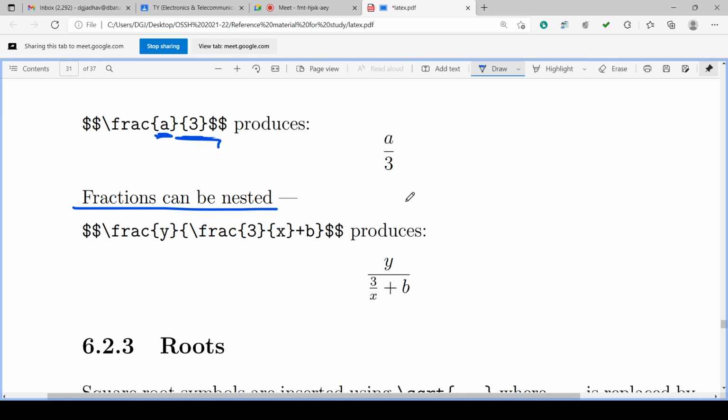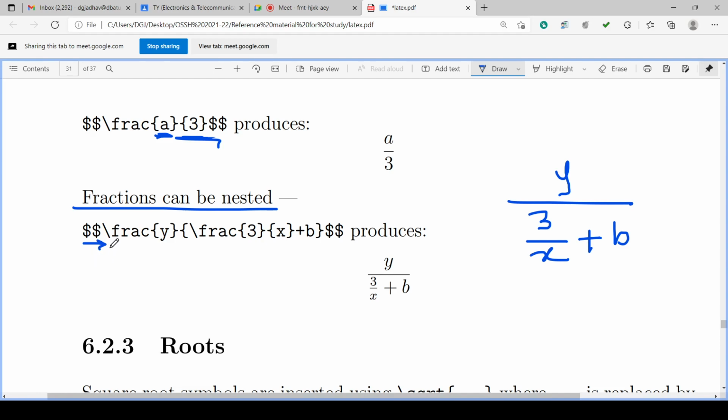Fractions can be nested. Suppose there is a numerator and a denominator, and in the denominator there is also a fraction, with one more numerator and denominator. This can be written as: first enter math mode with double dollar, a special new line for a new equation.